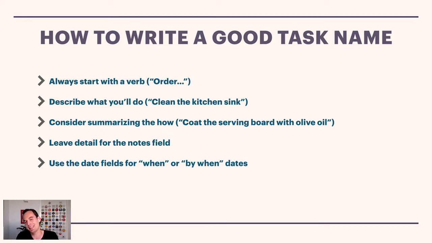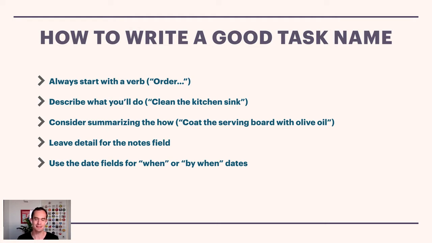I've got this nice wooden serving board, right? When you first get it, and maybe once every couple of years, you just want to coat it a little bit with some oil. The oil will seep into the wood and make it a bit more waterproof, make it last longer and feel nicer. So you want to be kind of specific, like coat the serving board with olive oil. That's a nice specific level of task naming that you want to be at.